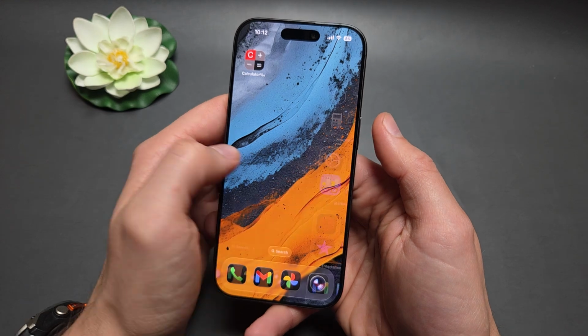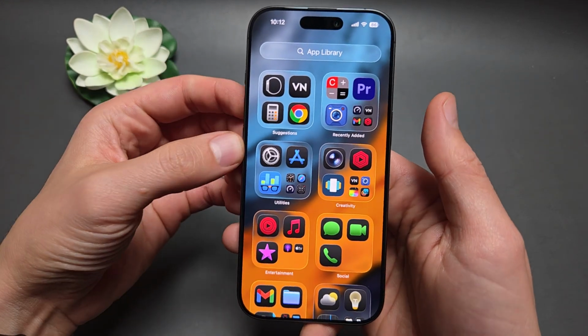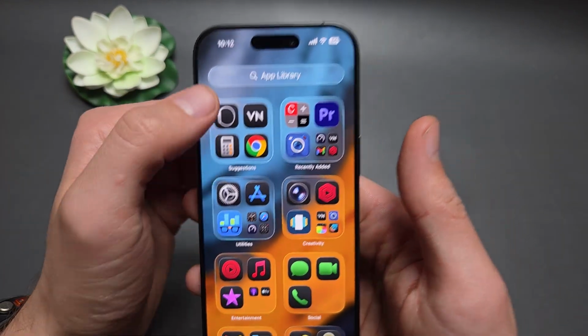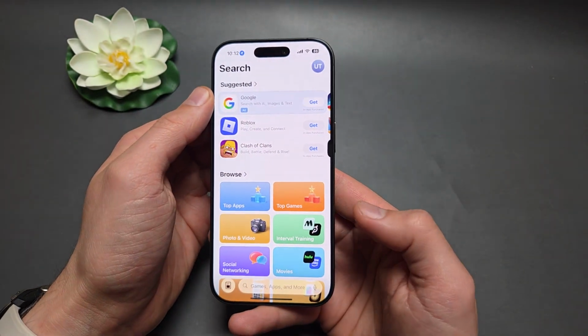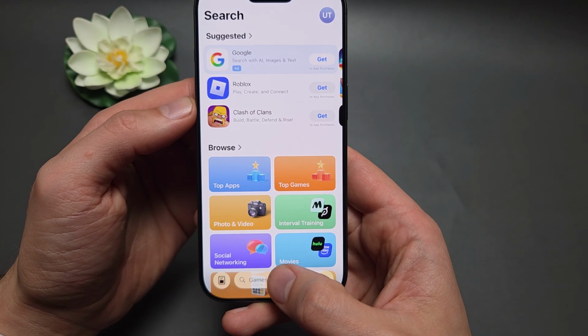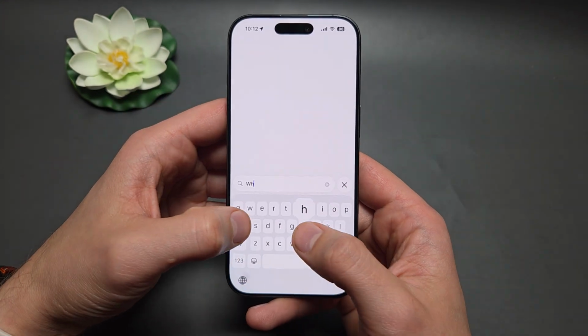If you don't see it, you can simply swipe like this till you land on the app library and see you have it over here. You can also pull this up and open it up. Then you see you have the search on the bottom here, and we would simply enter